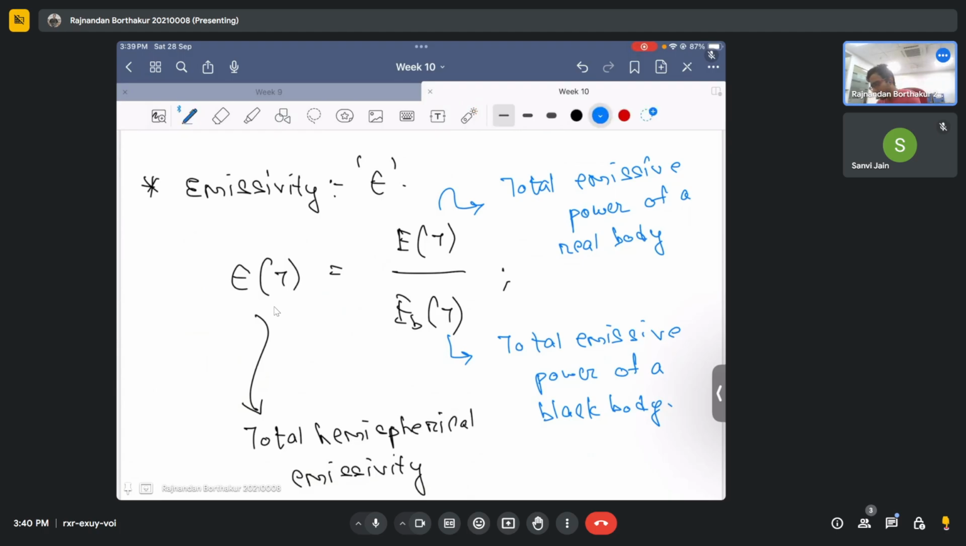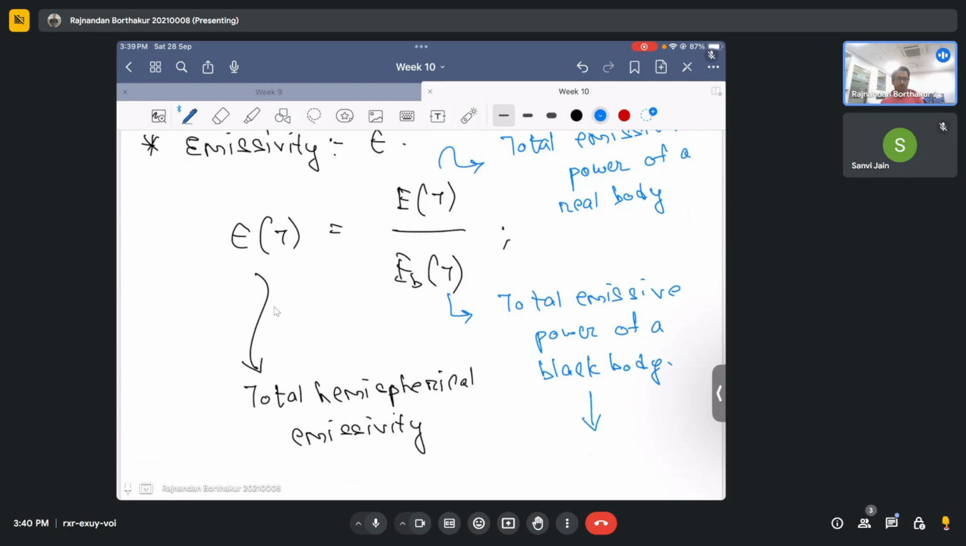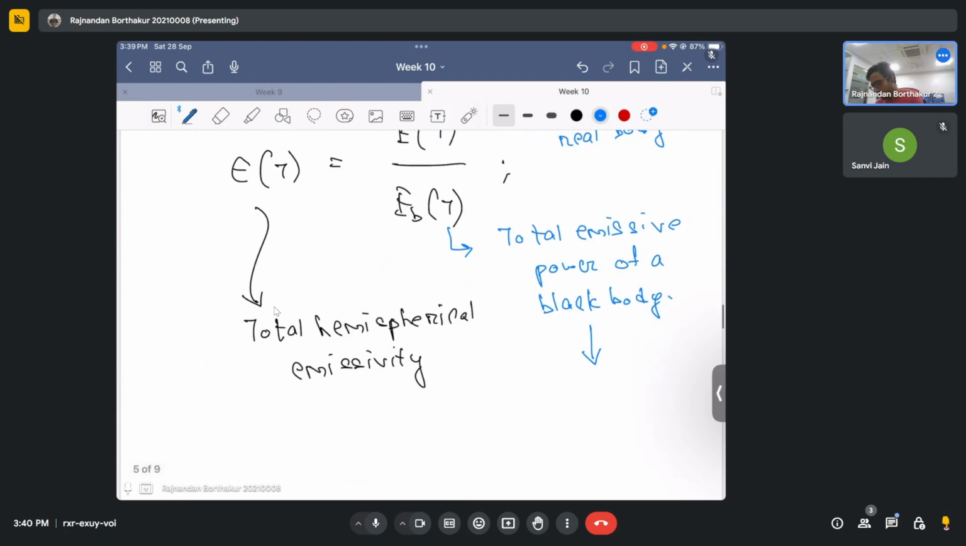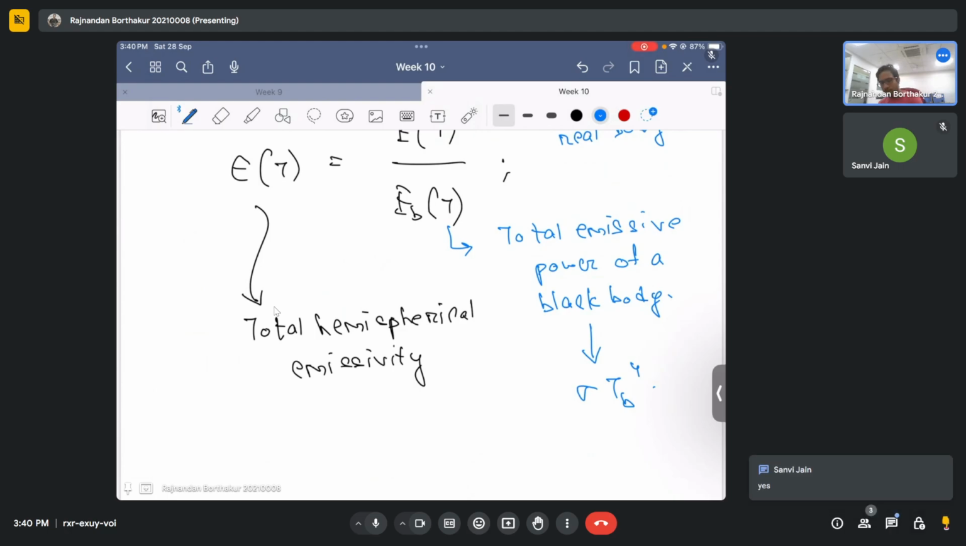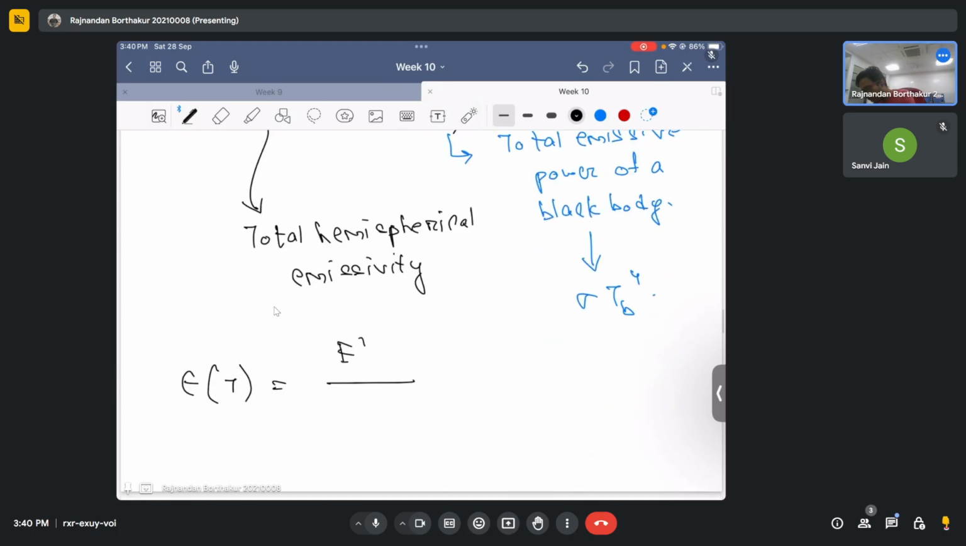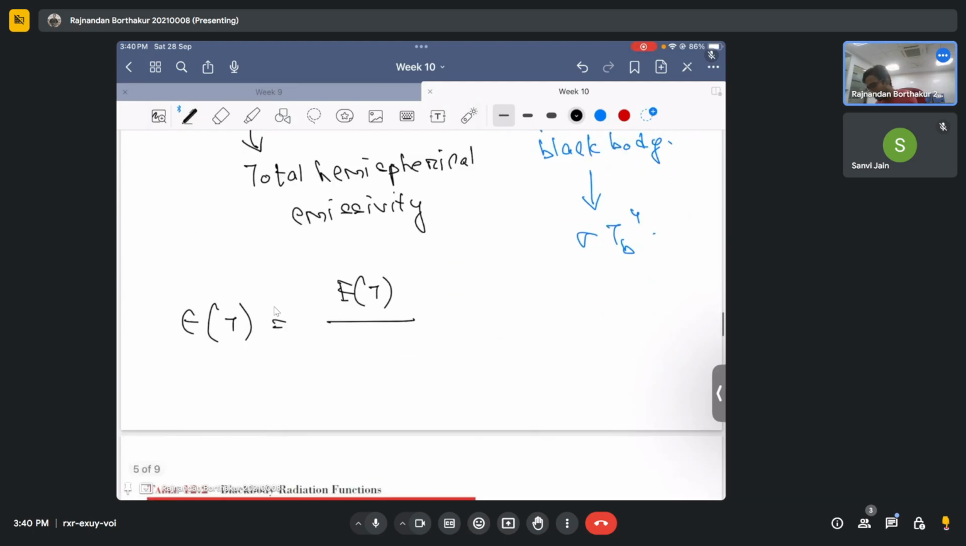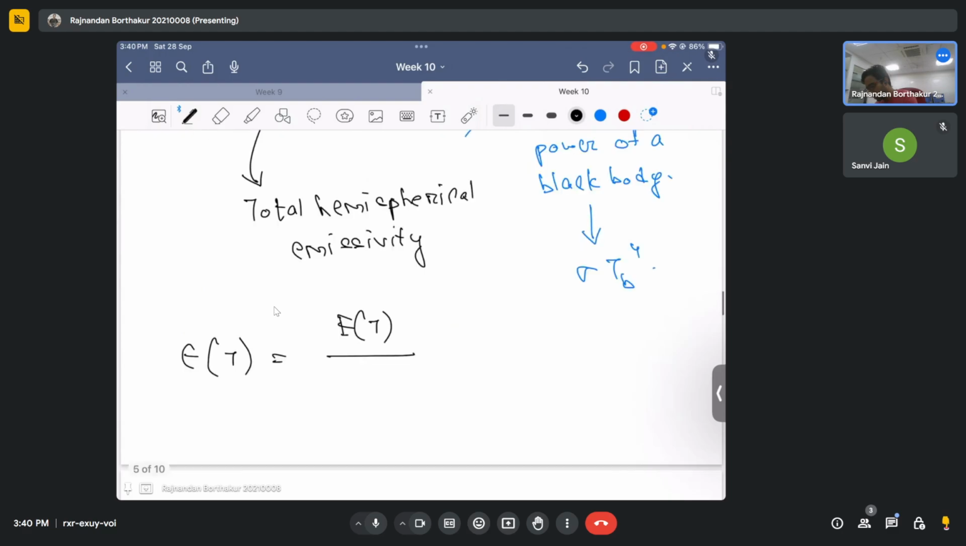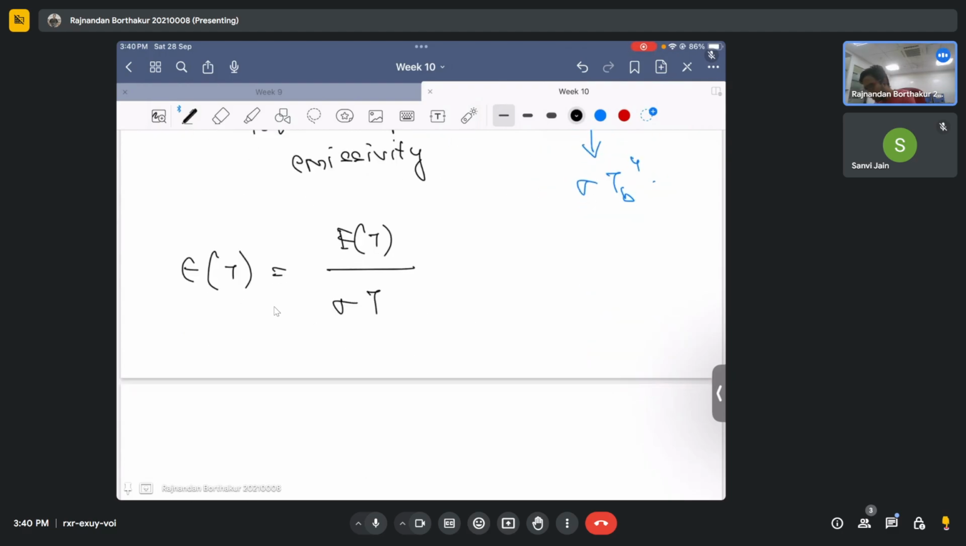Again, can you tell me what is this that you just now said? What is this? The total emissive power of a black body. That is again sigma times T_b raised to the power 4, right? That you only just stated sometime back. Okay. So yes, exactly. So this means I can simply write down that my total hemispherical emissivity is equal to this E_t, which is the total emissive power of a real surface, divided by sigma times T_b raised to the power 4, to be precise,